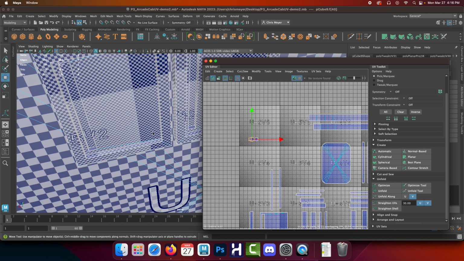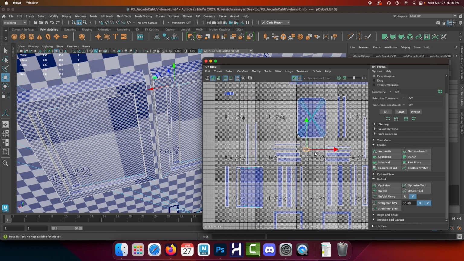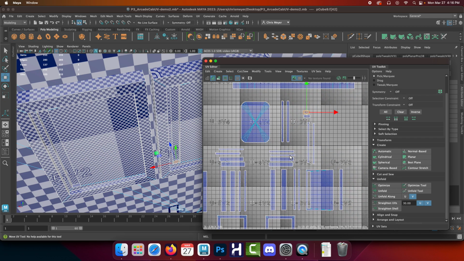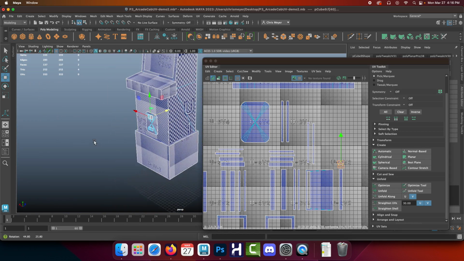So this is one of the tops. So this is the right side top. Left side top. Left side bottom. Right side bottom. And let me take these and move these over here. Boom. Okay. So once you get all of your UVs prepared, on Thursday, the next part, I'll show you how